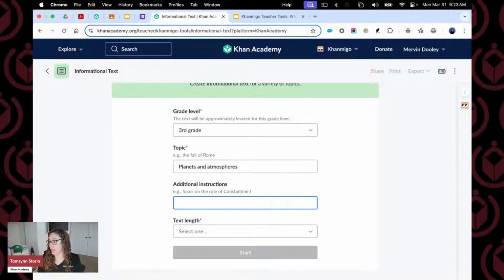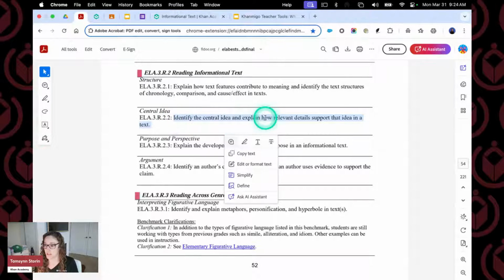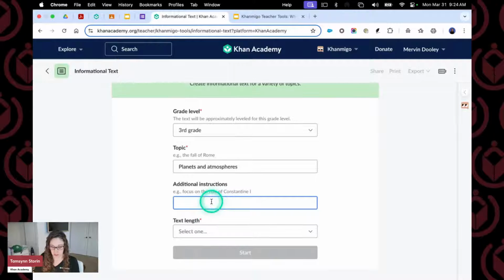And then I'm going to go in here, and I have the standards up here for Florida BEST ELA. I'm going to copy this: identify the central idea and explain how relevant details support the idea in a text. And I'm going to give additional instructions.